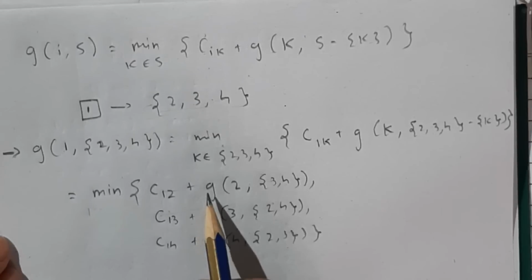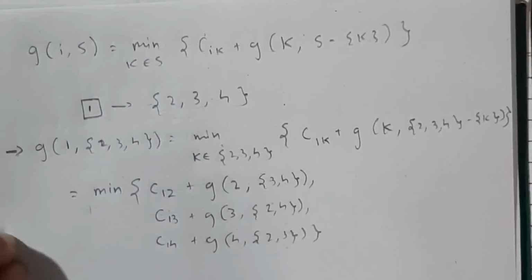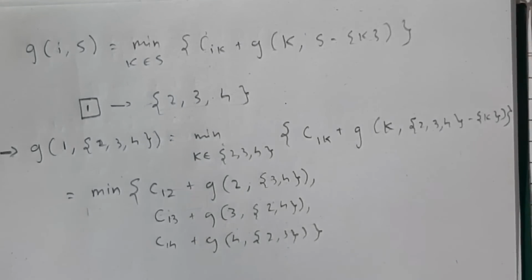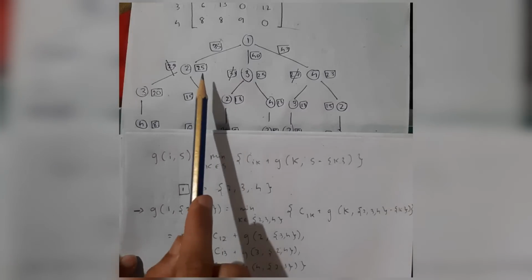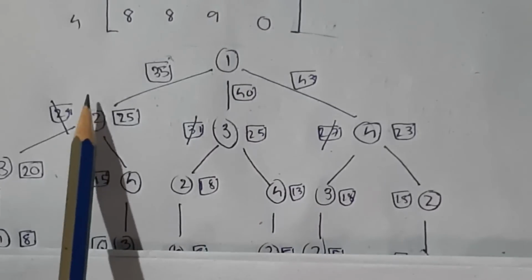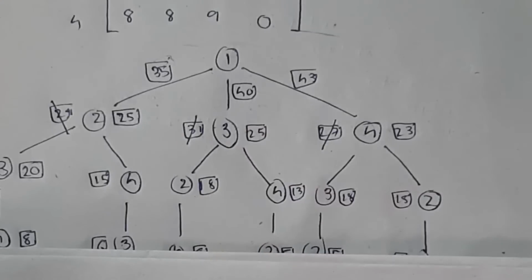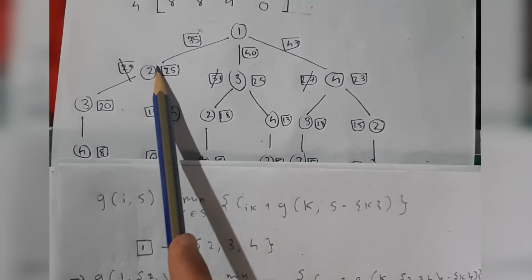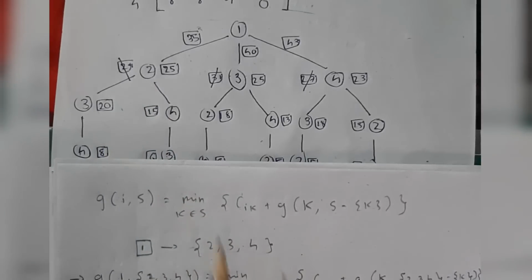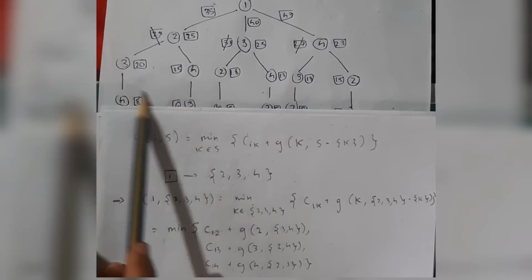Now, to show you graphically what this represents, this is the one which we had calculated. See here, I have taken this one, 1 to 2, 3, or 4, and I got three possibilities here. So I choose from 1 to among these three. The three options here are from 1 to 2, 3, or 4, and this one represents the cost of 1 to 2. Cost of 1 to 2 means this cost plus g of 2, comma 3, comma 4. This value will give me the minimum cost among this.